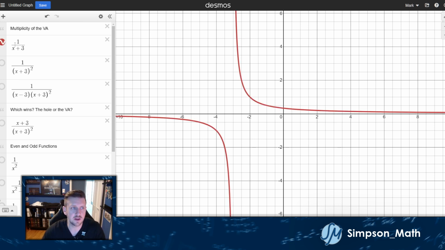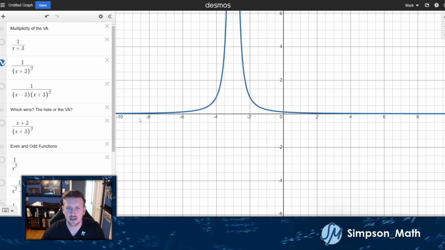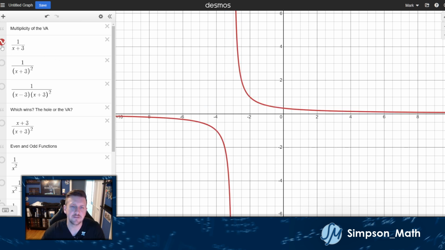So I had the function 1 over x plus 3, which is behaving like we expect, just the rational function scooched left over 3. But what happens when I square that? I have two x plus 3's in the bottom. It kind of looks like this little volcano looking thing. So what I want to show you is that if I have an odd number of factors in the denominator, basically an odd number of vertical asymptotes,